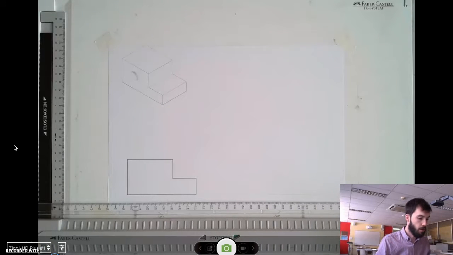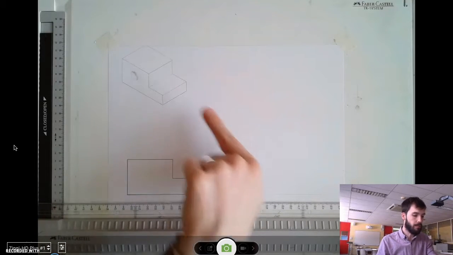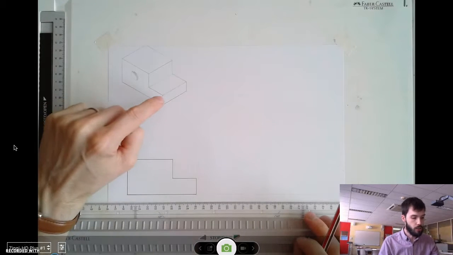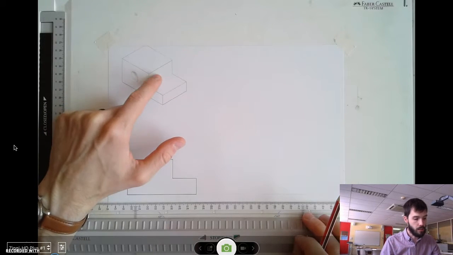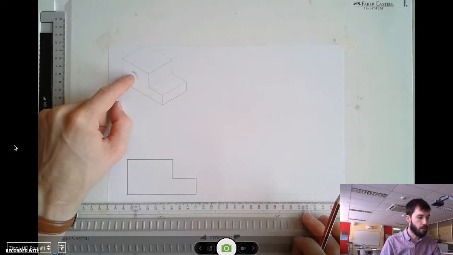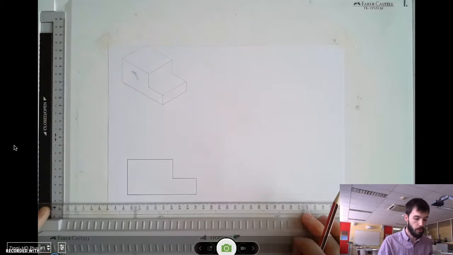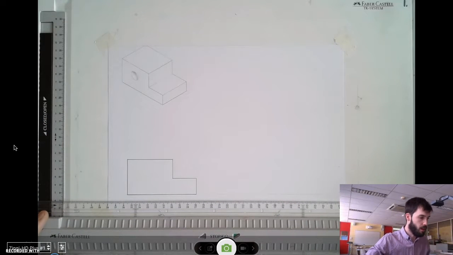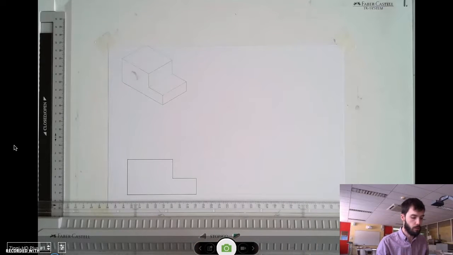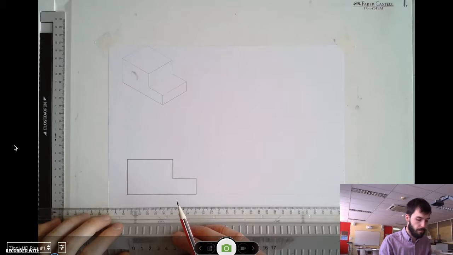Alright, the next view I'm going to do is the side view. So I'm looking in from this end of the object. Alright, I can see that I need to show both this surface and this surface. I'm also going to have to do some hidden lines for the hole itself, which clearly goes all the way through this block. So to start with, because I haven't got dimensions on, I'm going to check the dimensions for my initial front view to follow those onto the side view. So first I will check